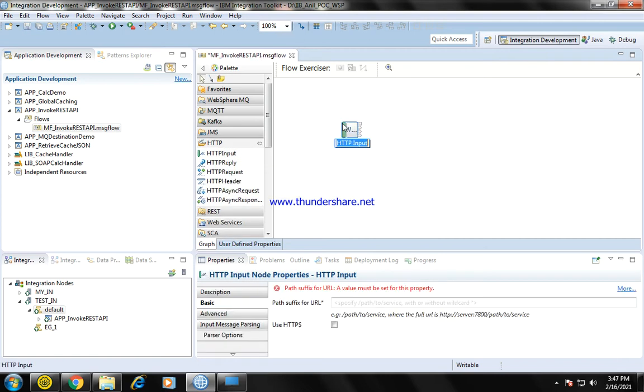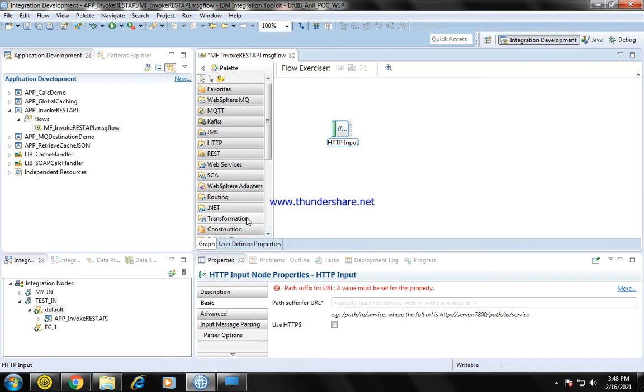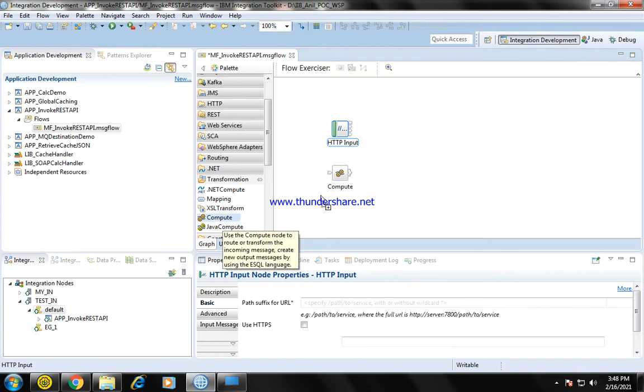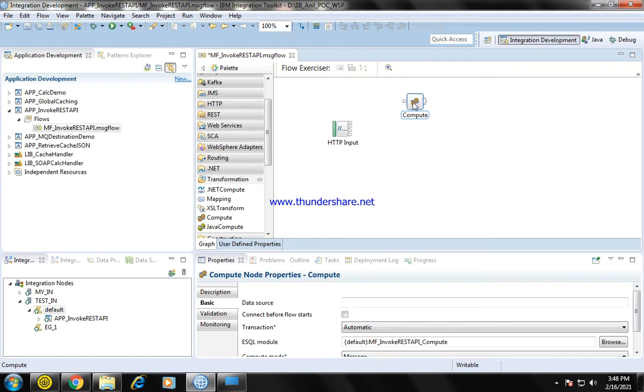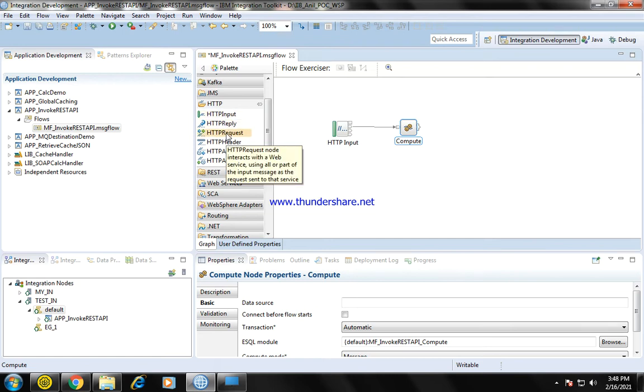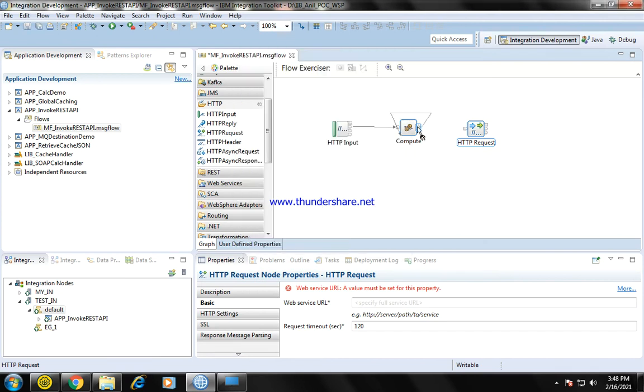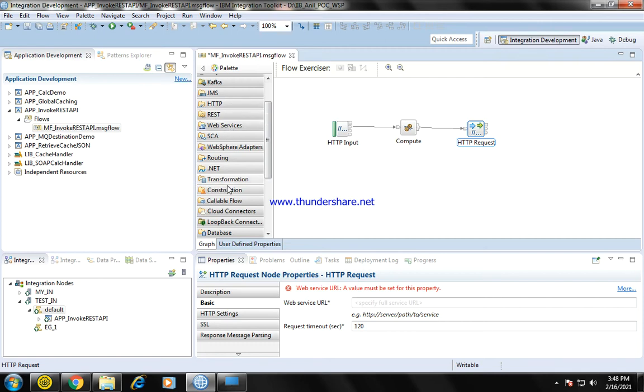I'm going to use the HTTP input node. Meantime, I'm using a compute node to construct the REST API request message. Then I use the HTTP request node. So finally, I'm replying back.